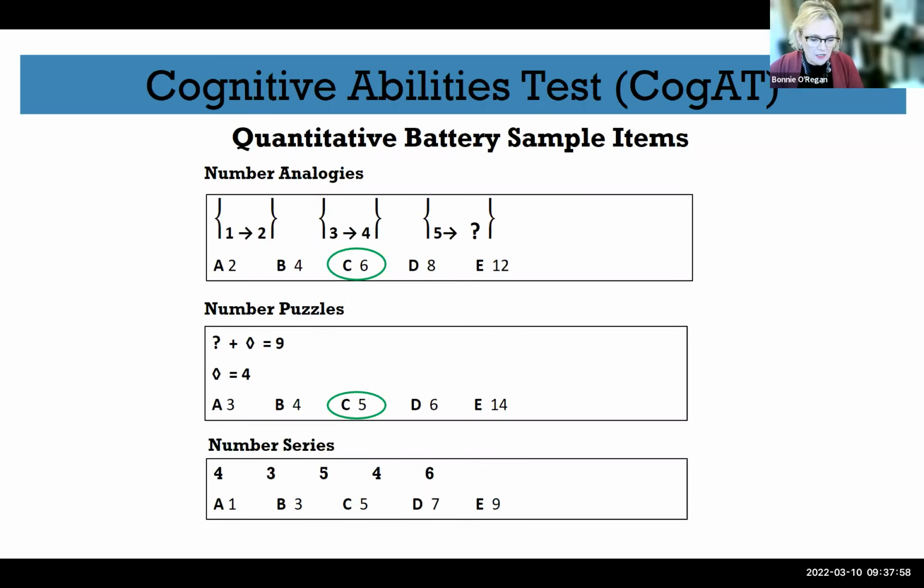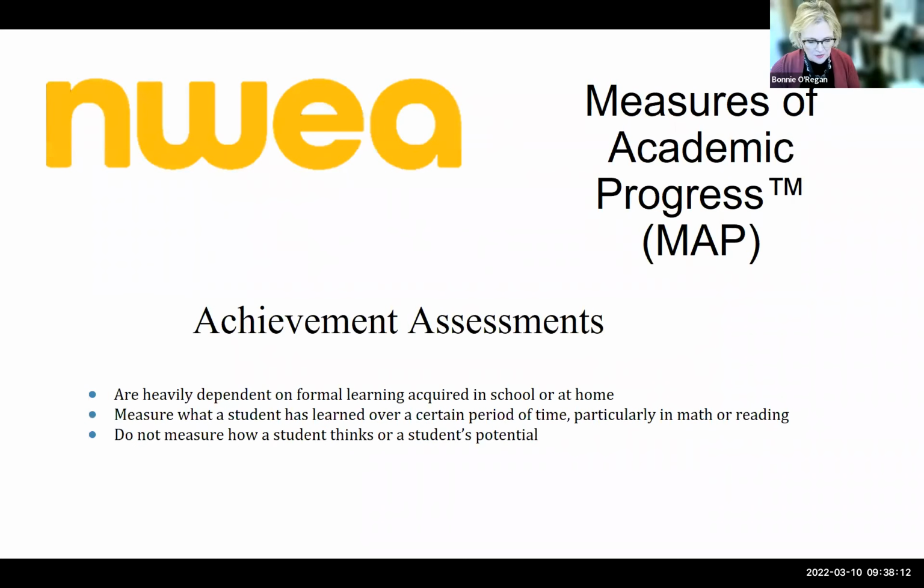In number series, each question contains a series of numbers that follow a pattern. First, students identify the rule that the numbers follow, then apply the rule to find the next number in the series. The second type of assessment is an achievement assessment, which measures what students know and what they're ready to